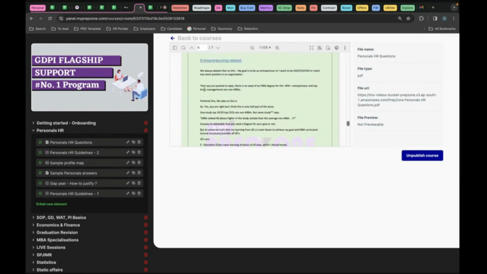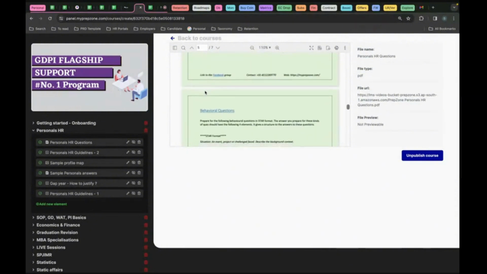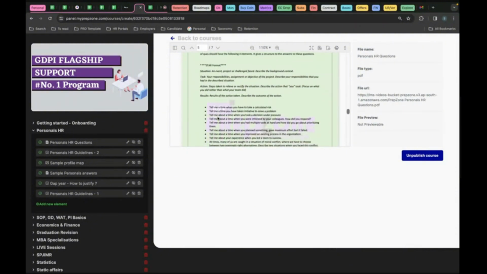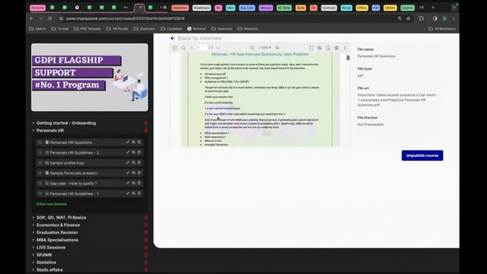So for this PDF, everyone should give at least around 50-60 hours, which is nothing, but roughly 3-4 days is what you should give to go through every question. I don't expect you to write every answer, except common questions like why MBA, tell me something about yourself, right? So if I just zoom in,